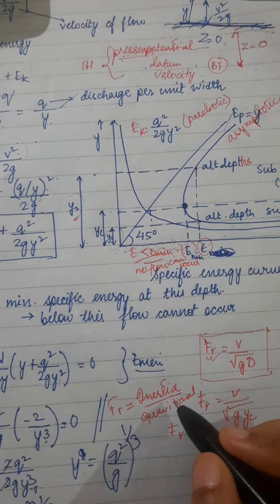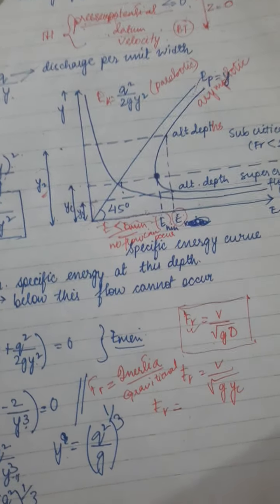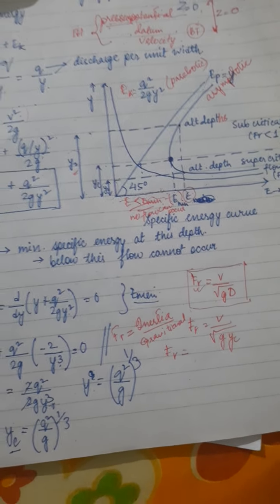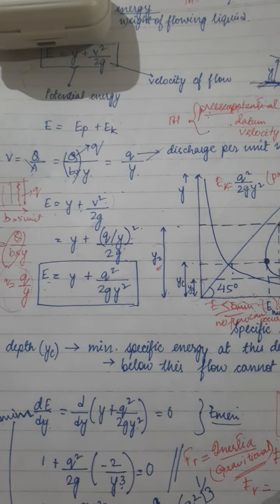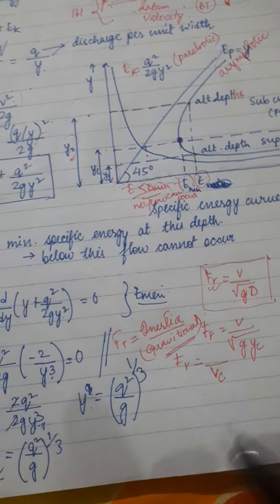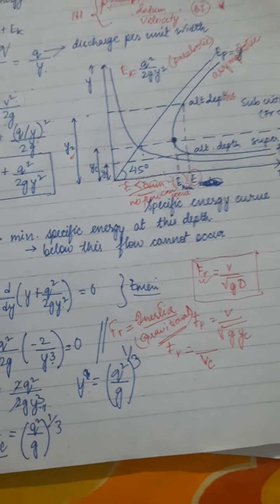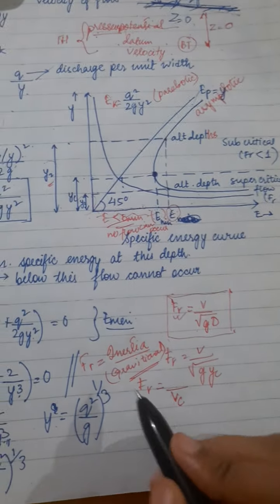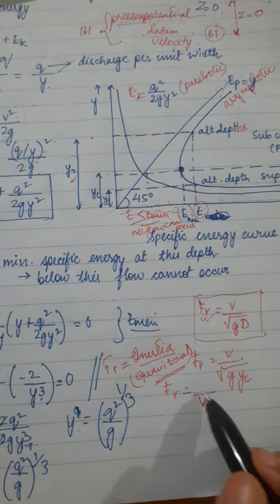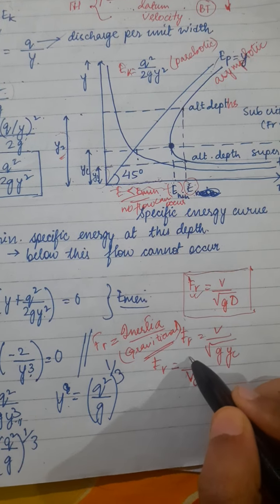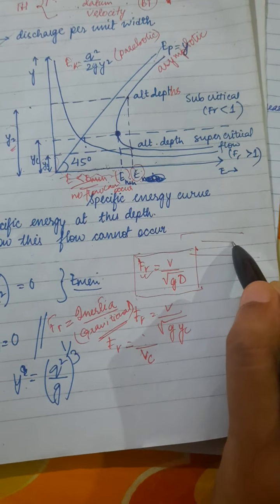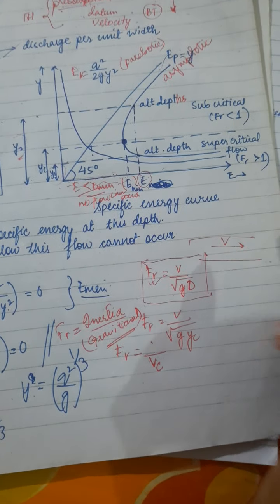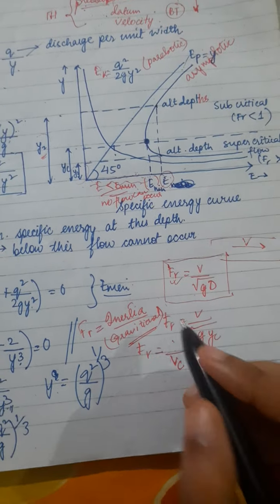Now that velocity is causing what is called the minimum flow. That means it allows for the flow to happen. So that is actually the gravitational force. So VC is the force. If we consider these gravitational forces, the thing that is causing this gravitational impact is VC, and inertia means the fluid is moving in a channel. If the fluid is moving, it is moving because of velocity. So the inertia impact is coming from the velocity.